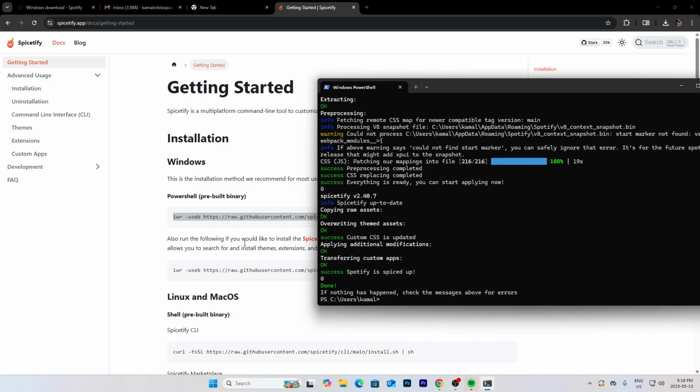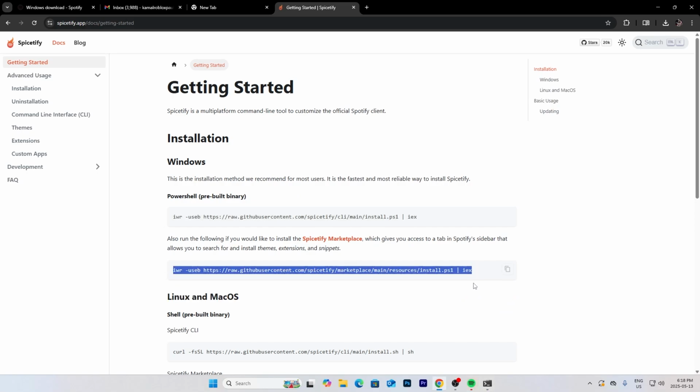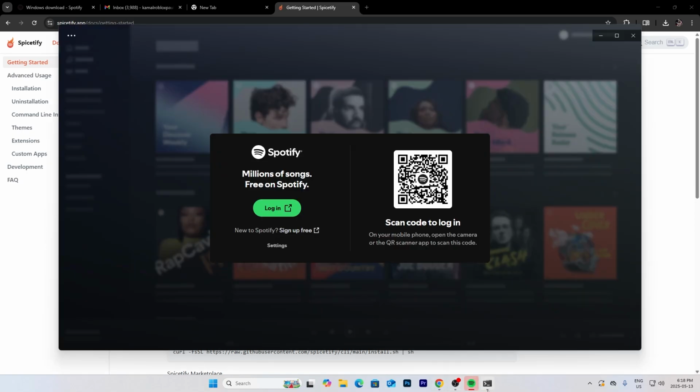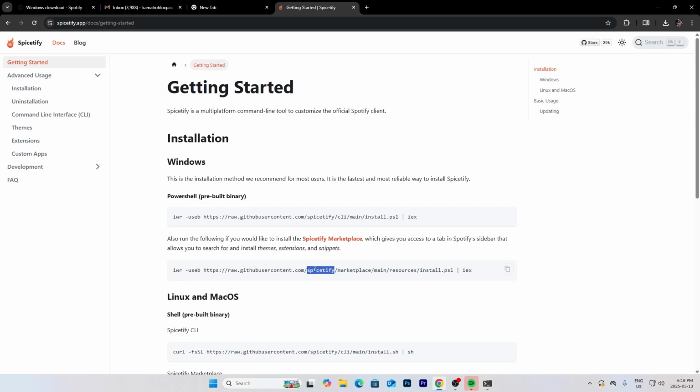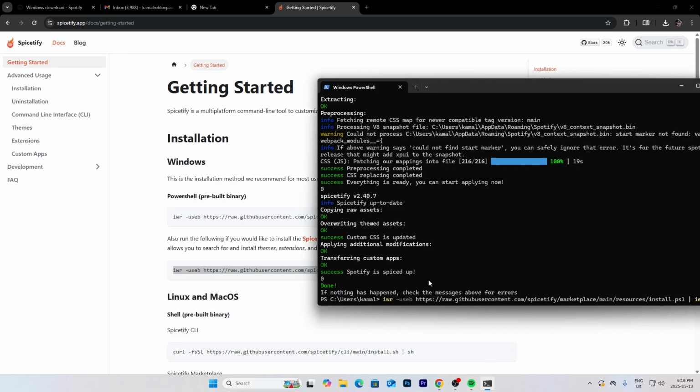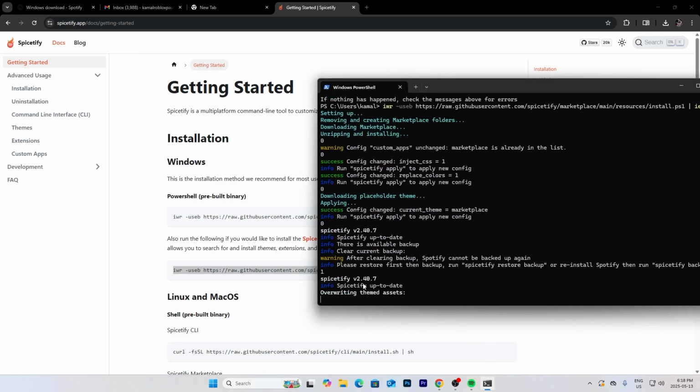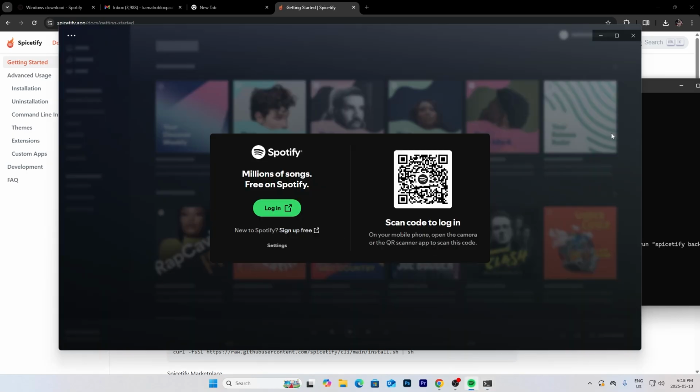Alright, it's done. Now, that's basically it. If you want, you could try this, but you already downloaded the marketplace, so you don't need to run this. Now all you need to do is log in. I'm gonna log in real quick,